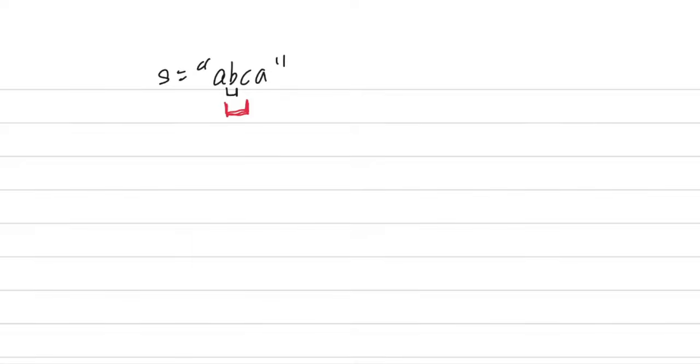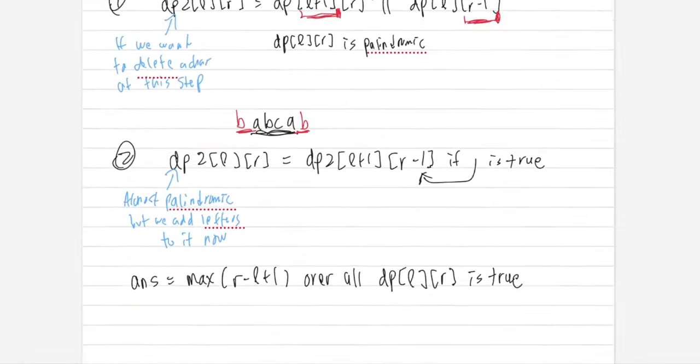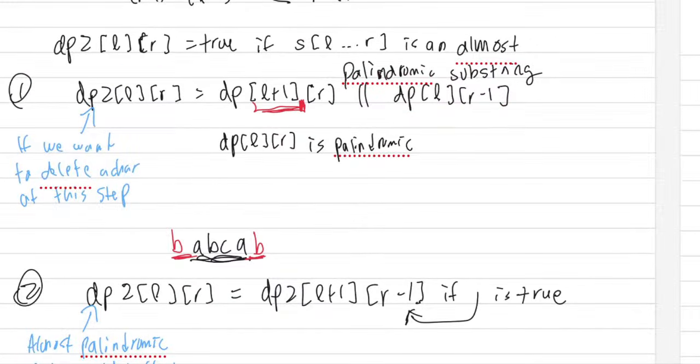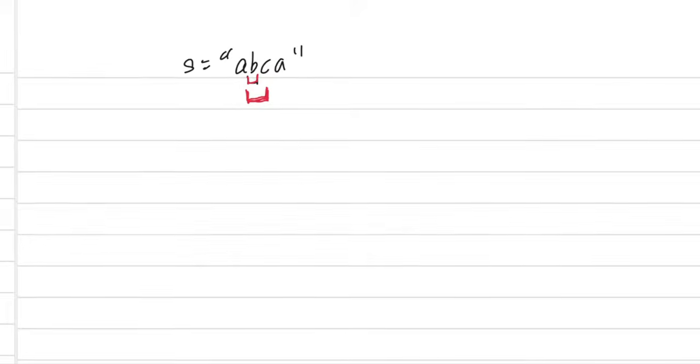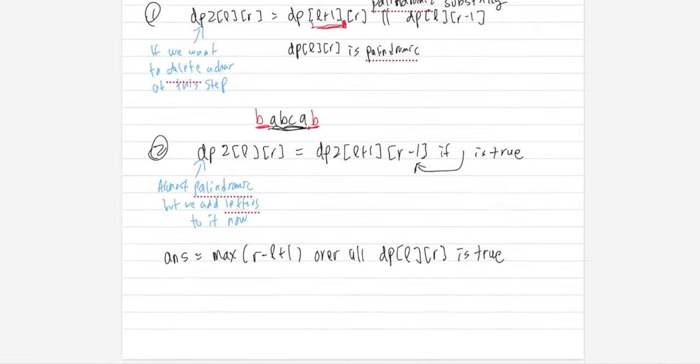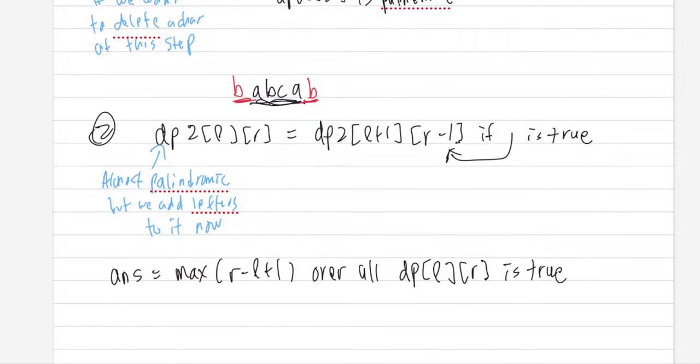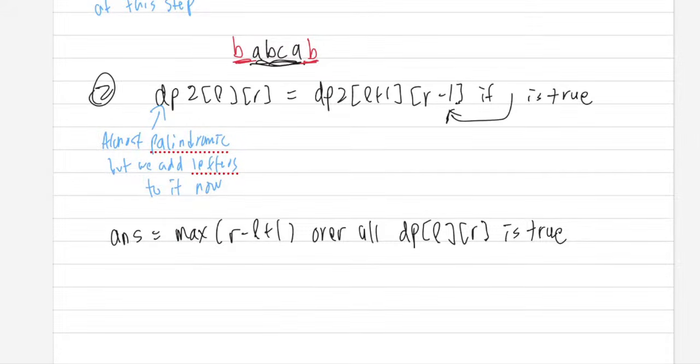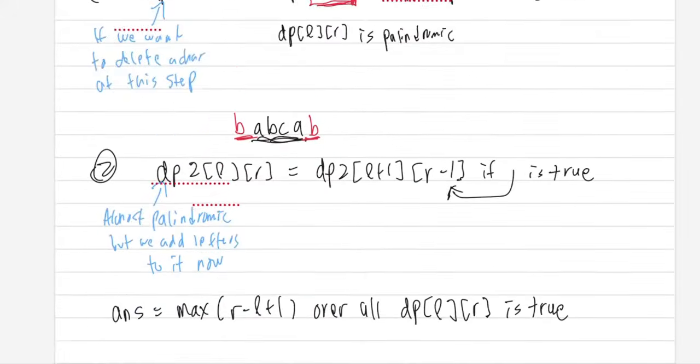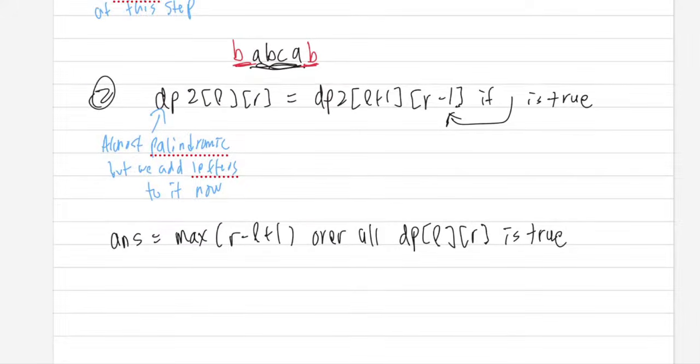So essentially, look, we have B. We're considering BC, and we know that B is a palindromic substring, and so this will trigger this condition because it's just that without the second character, right? And so from that step, we're going to know that BC is the almost palindromic substring, and from this second condition here, now because we already removed the character, we can't continue removing characters, so we have to transition to the second condition, which is that it is true if we remove the first and the last letter,